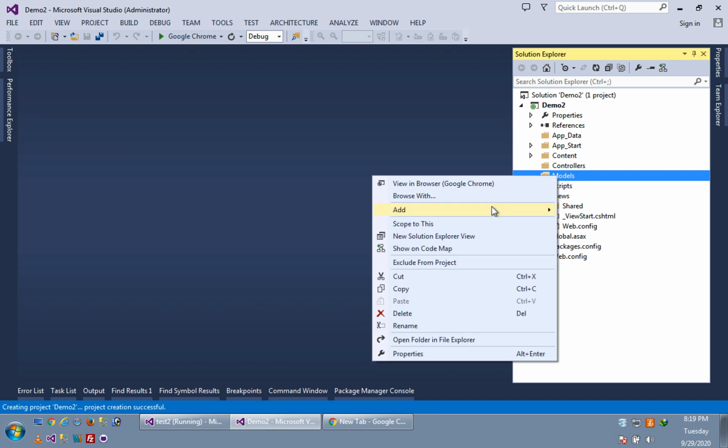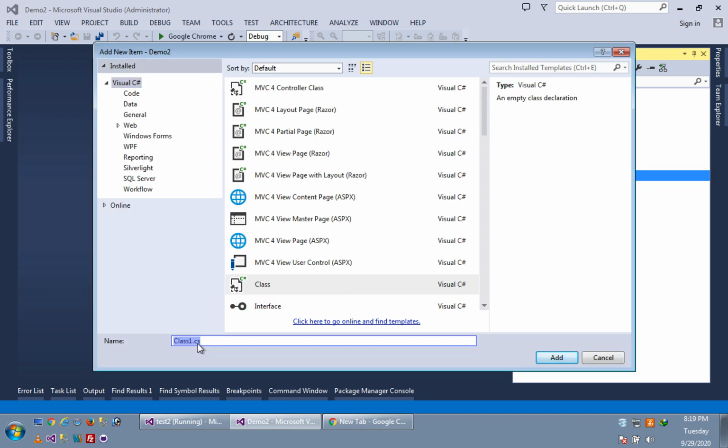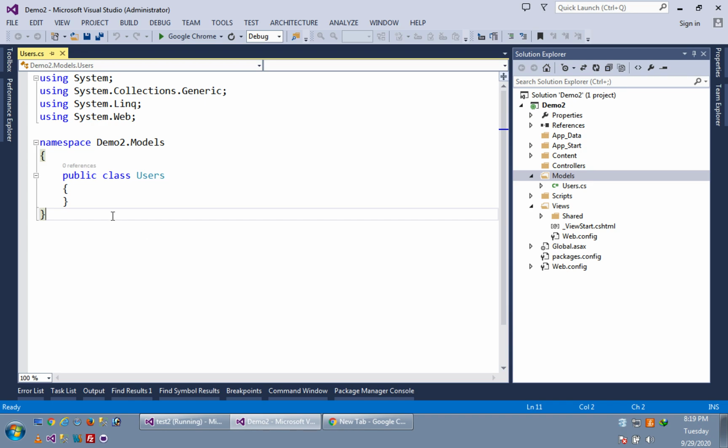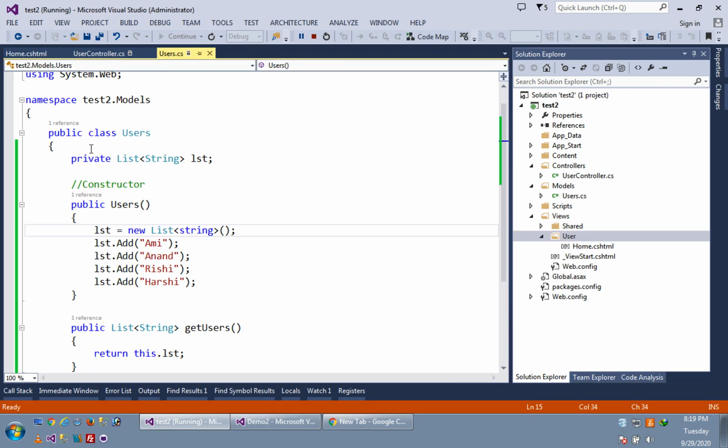Here I am creating one model, that is a class. I am just repeating the previous example that we created with users. So we created the users class, users.cs, in the model, and in that class users.cs we have all these things.